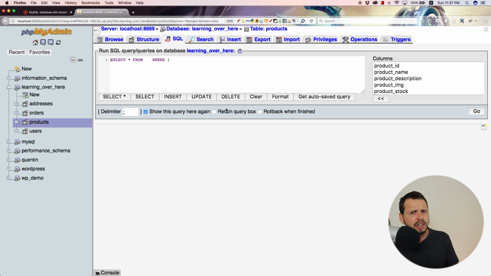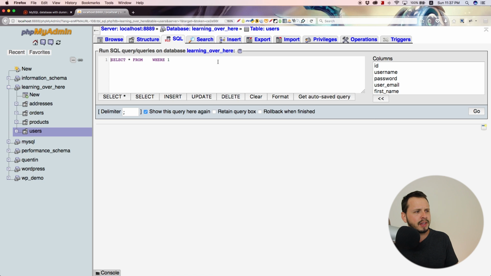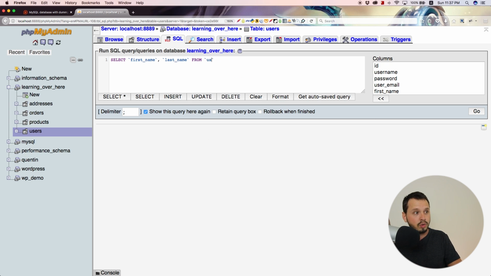Another case where this could be really useful is if I took a look at our users table and ran a query here. We can look for a very specific user. So if I type select and then I want to get the first and the last name of users within my table, let's select the first name and also the last underscore name of any user that is in my users table. So from users